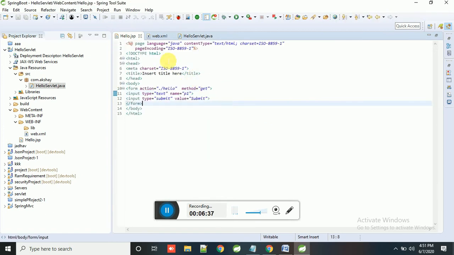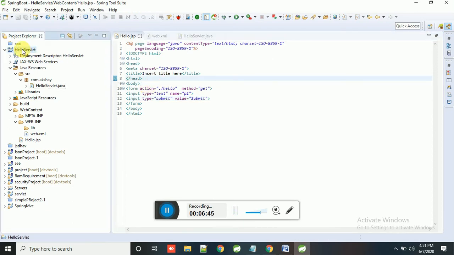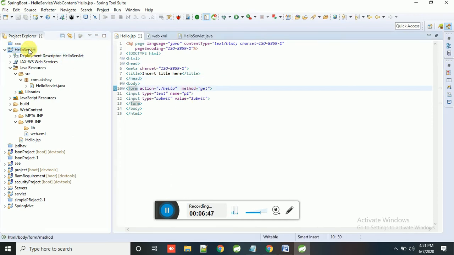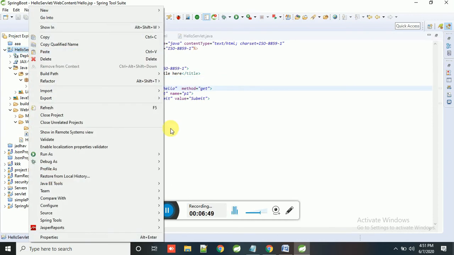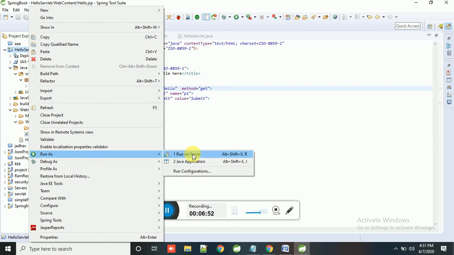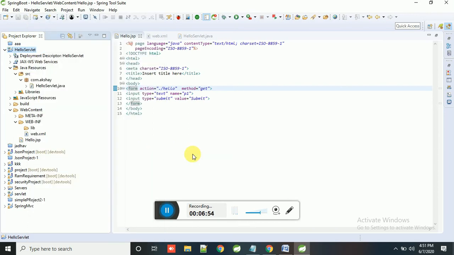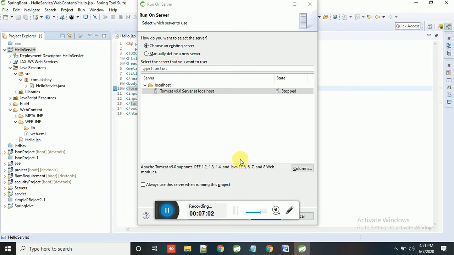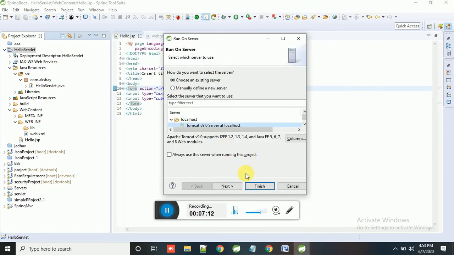Now I will show you how to run that project. Right click on it; we need to configure a server also, so choose Run on Server and click next.